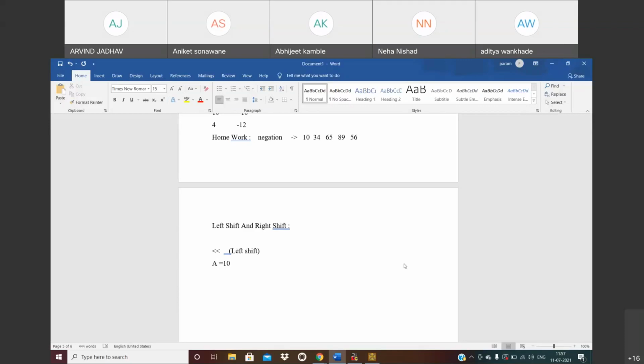इसके साथ में हम ऑपरेशन परफॉर्म कर सकते हैं. कैसे करना है? a left shift by 2. सो ऐसे ऑपरेशन हमें परफॉर्म करना है. इसका मीनिंग क्या होता है कि first of all we need to convert it into binary. So we all know that binary कैसे करते हैं. 1 0 1 0. अभी मैं नहीं लिखूंगा 8 4 2 1. This one is binary.